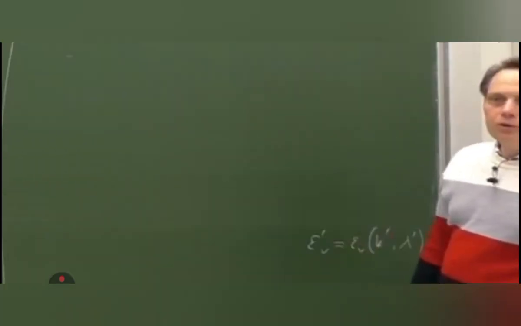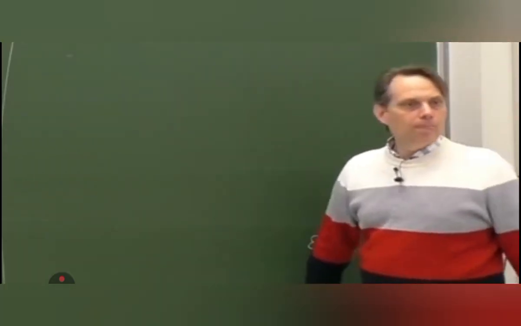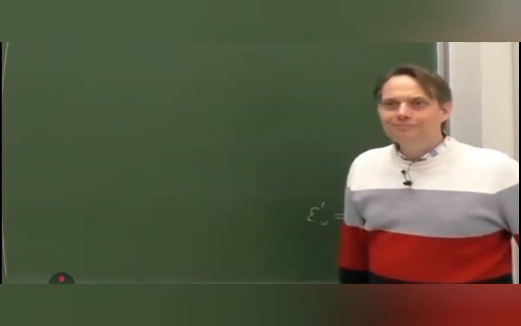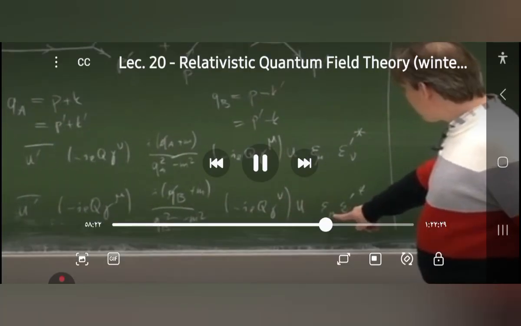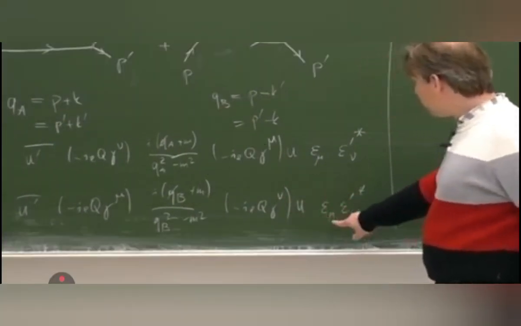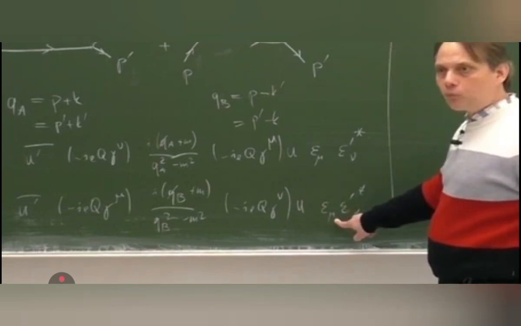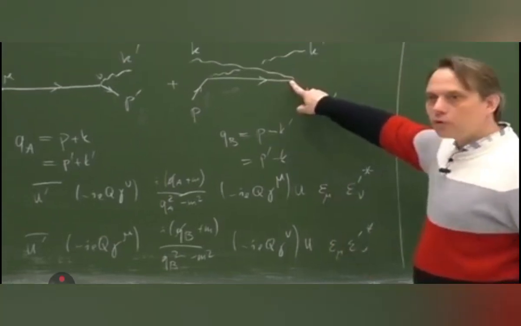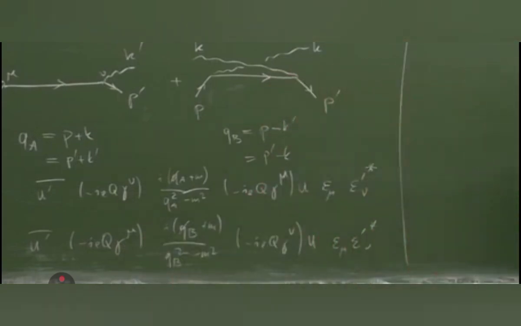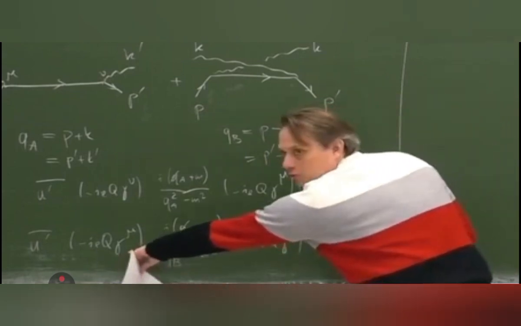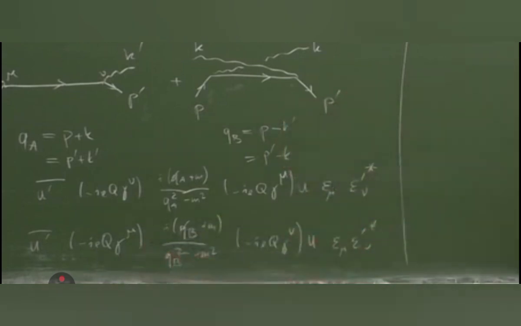What are the questions? Yeah, so I always choose to label the incoming photon with an index mu, and the incoming photon couples to that vertex here, which is first, and therefore here we have the index mu. The name of the index doesn't matter, but what matters is that this epsilon is contracted to that gamma, and vice versa. Other questions?